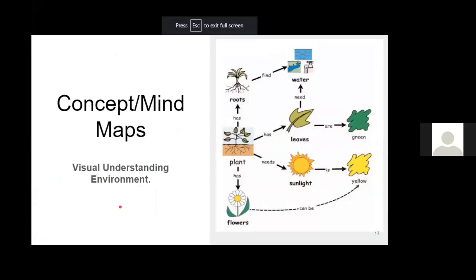We also looked at another resource we call the concept map. Concept maps, I said, are visual organizers that can enrich student understanding of new concepts. It is simply a diagrammatic representation of knowledge.